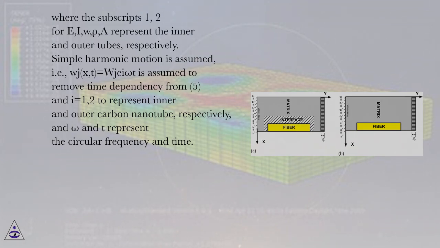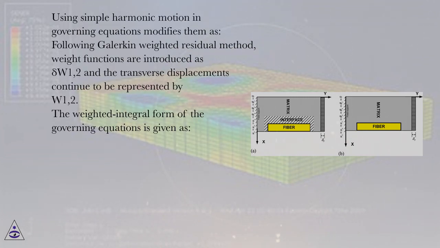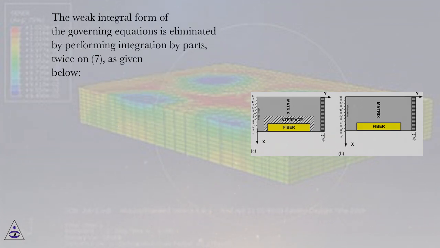respectively. Simple harmonic motion is assumed, i.e., Wj(x, t) equals yj(x) e^(iωt) is assumed to remove time dependency from 5, and j equals 1, 2 to represent inner and outer carbon nanotube, respectively, and omega and t represent the circular frequency and time. Using simple harmonic motion in governing equations modifies them as following. Galerkin weighted residual method. Weight functions are introduced as delta W1, 2 and the transverse displacements continue to be represented by W1, 2. The weighted integral form of the governing equations is given as